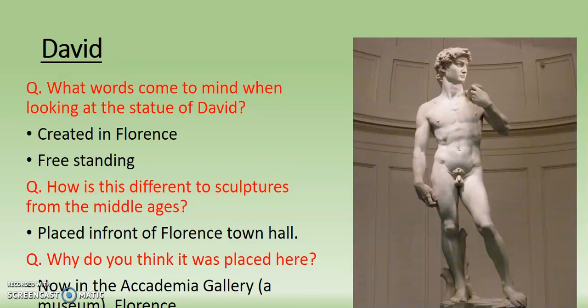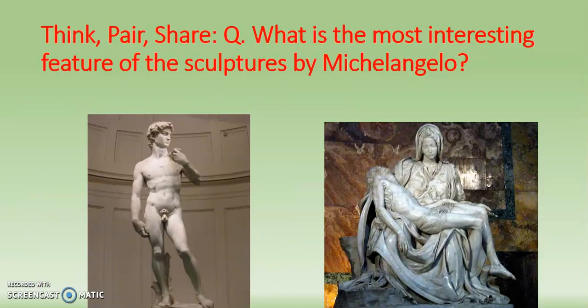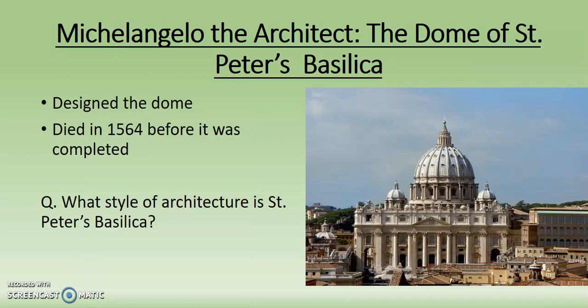Florence's victory reminded Michelangelo of the Bible story of how the boy David defeated the giant Goliath. He found a block of white marble and carved this huge statue of David. It's 5 meters high. Look at the statue. Notice how you can see every vein and every muscle. So again, when you're talking about Michelangelo, if you're looking at him towards the people in history, or you just want to gain an appreciation, talk about what you think are the interesting features of the sculptures and why they stand out.